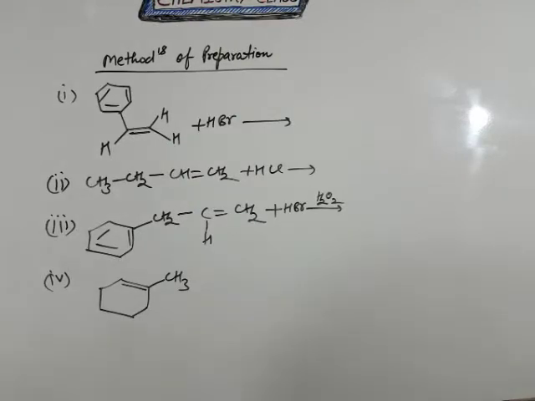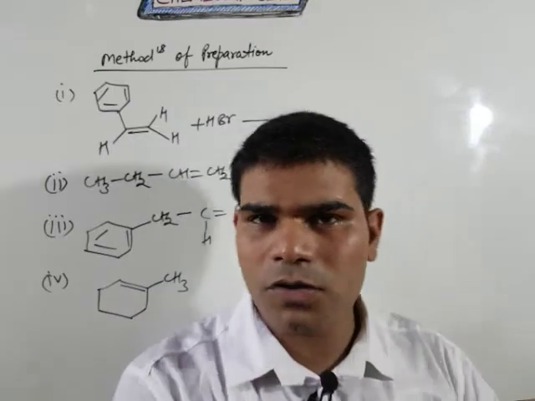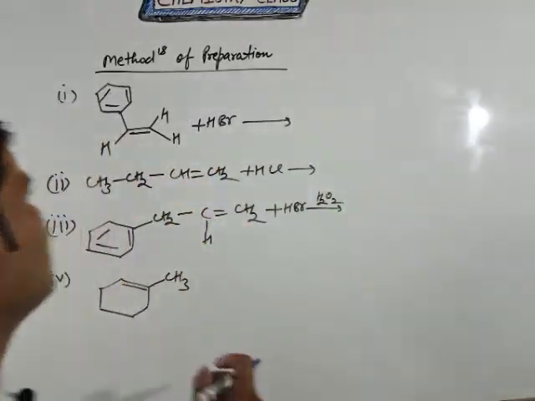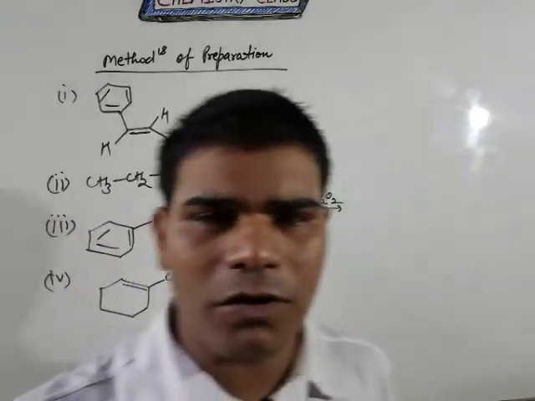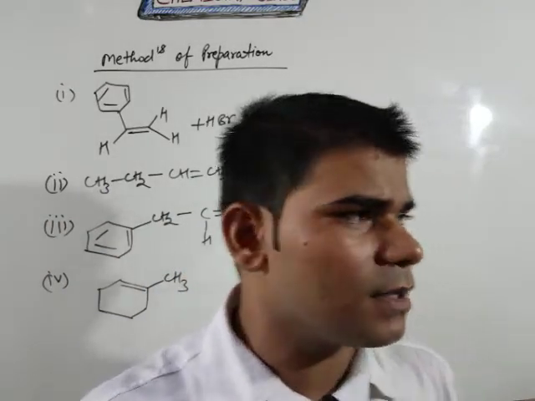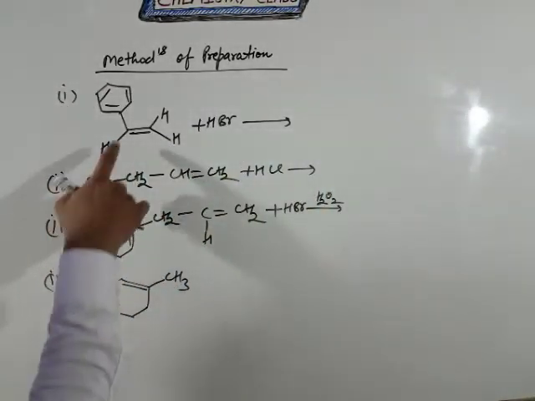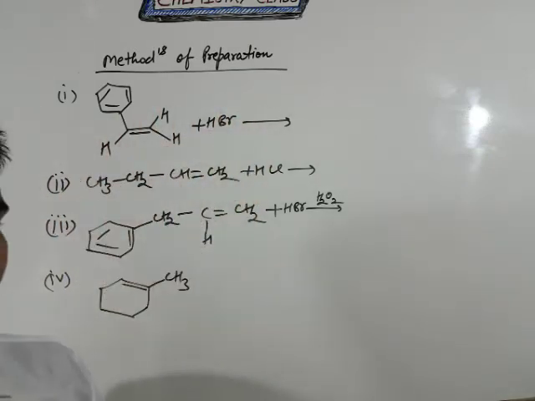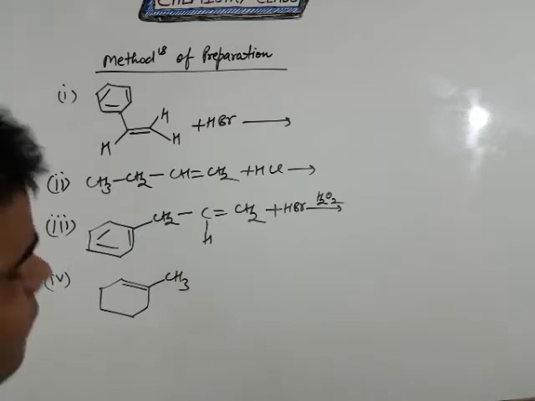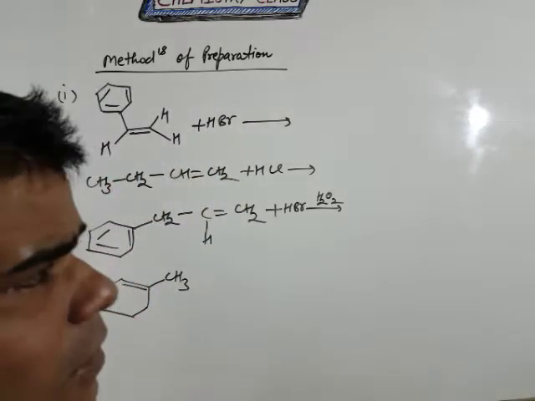Now come to the application of Markovnikov and anti-Markovnikov rule. So students, these are the examples, like the first one. We already discussed the Markovnikov rule. The Markovnikov rule says that the carbon with fewer hydrogens is more easily attacked by the nucleophile, and this gives the final product of the reaction. This is very important for you.